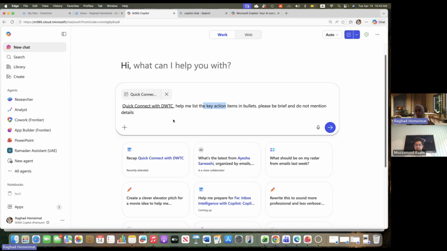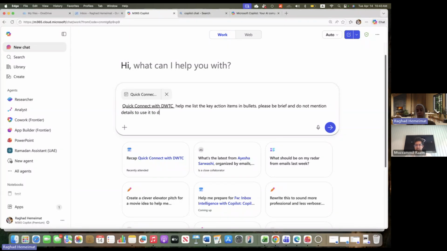If I did not attach the source, Copilot would tell me, I would be able to help you, but attach me the meeting. So we can tell Copilot how to attach, or attach the meeting directly. If we missed it for one reason or another, we can definitely add this throughout our conversation. But see, the elements are there: my goal, my expectations, my source, and even a context, which I can tell Copilot to use